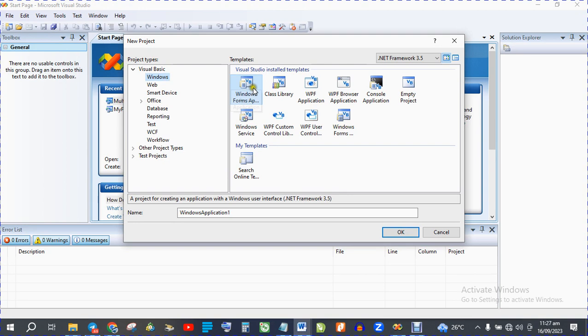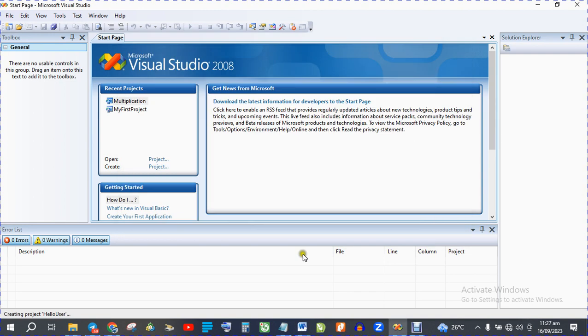Okay, so select Windows Form application and label it Hello User, then click OK. It's going to load and display the environment. It will actually show us the platform where we can do our design. It's already loading up the Properties window and the Solution Explorer. The general tools here will also be displayed. Then it will give us an environment to be able to design